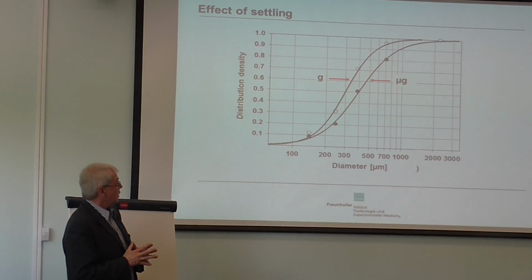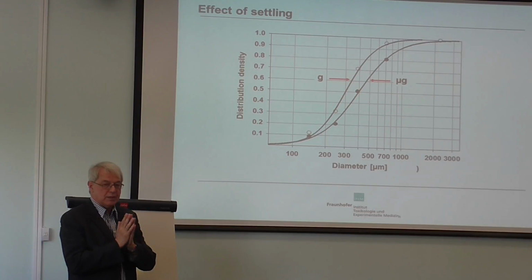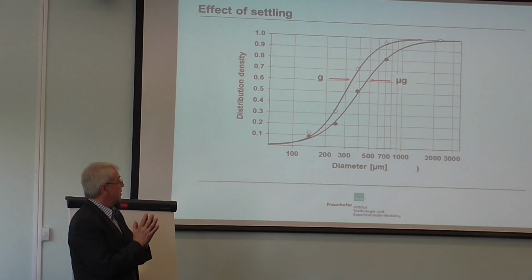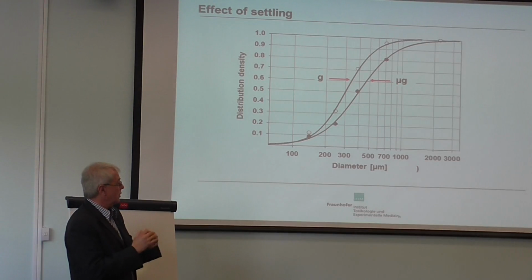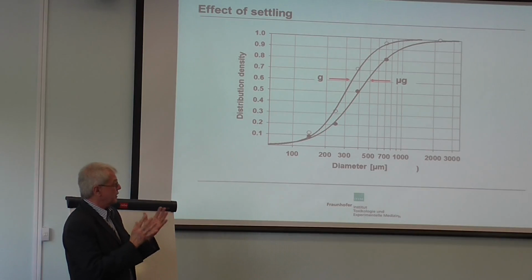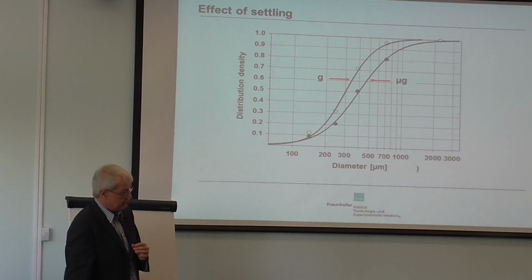And as you can see, there is not much difference between the microgravity and gravity conditions. So the number size distribution only shifts slightly. That means that the particles that are generated by this film breakup process are really, let's say, a micron and smaller. And this is what for me was at first sight a little bit astonishing, why no bigger particles are being formed. But this is a proof that this is the case.